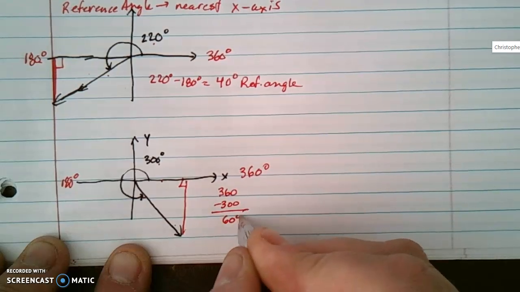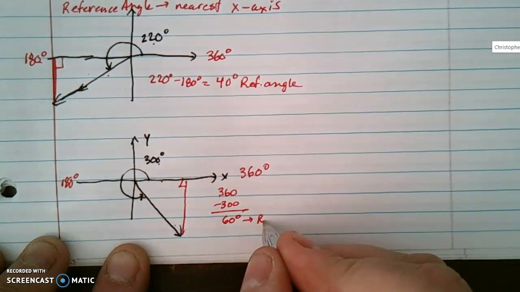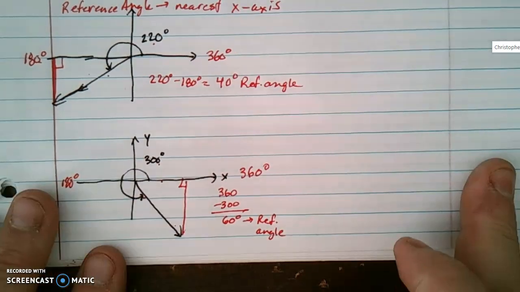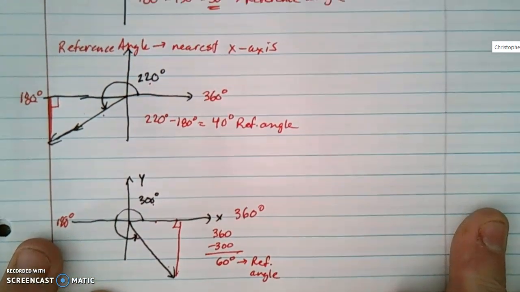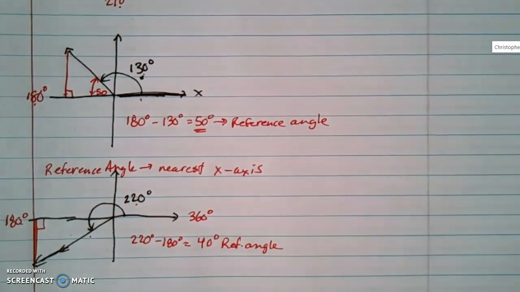And we get 60 degrees. And that is our reference angle. Now, here's what we're going to do. We're going to take our 3 reference angles, 40, 50, and 60. And I want to show you something neat, because what you got to remember, guys,